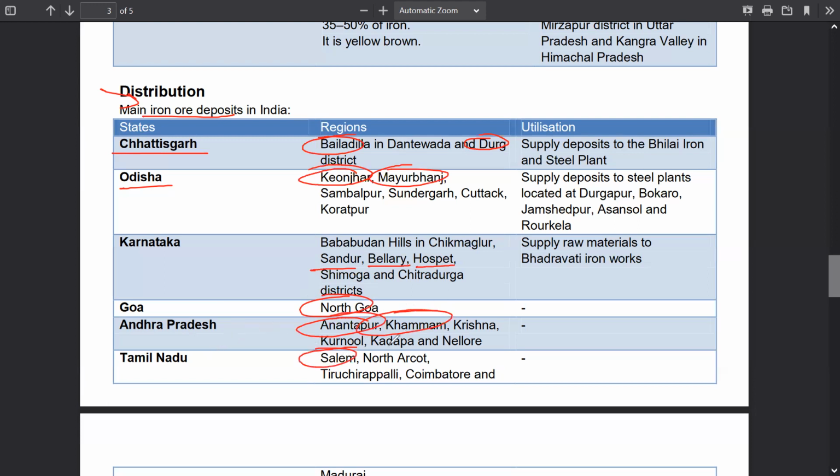Tamil Nadu, you have Salem. Then you have Coimbatore. And utilization. So Chhattisgarh supplies deposits to the Bhilai Iron and Steel Plant. Odisha supplies deposits to steel plants located at Durgapur, Bokaro, Jamshedpur, and Rourkela. Karnataka supplies raw material to Bhadravati Iron Works. So these are some utilization points you may remember. Okay, so let's move on